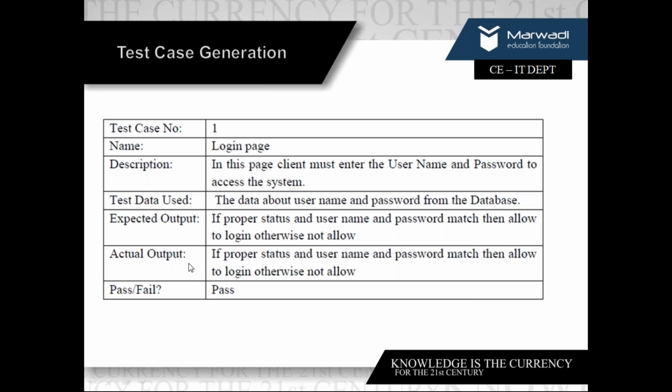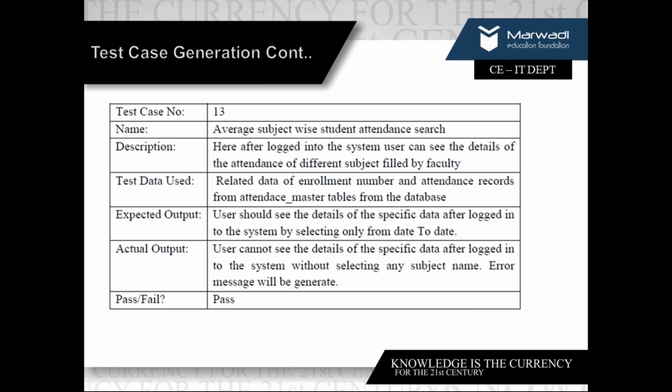How do I map them? What is the deviation over here? Okay, so this is how a test case is generated. You have to generate at least 3 test cases in your report in the practical. Draw this scheme: test case number, name, description, data, expected and actual output, pass or fail. You have to do this in your practical. So draw the schema given here. Hope you have done it.